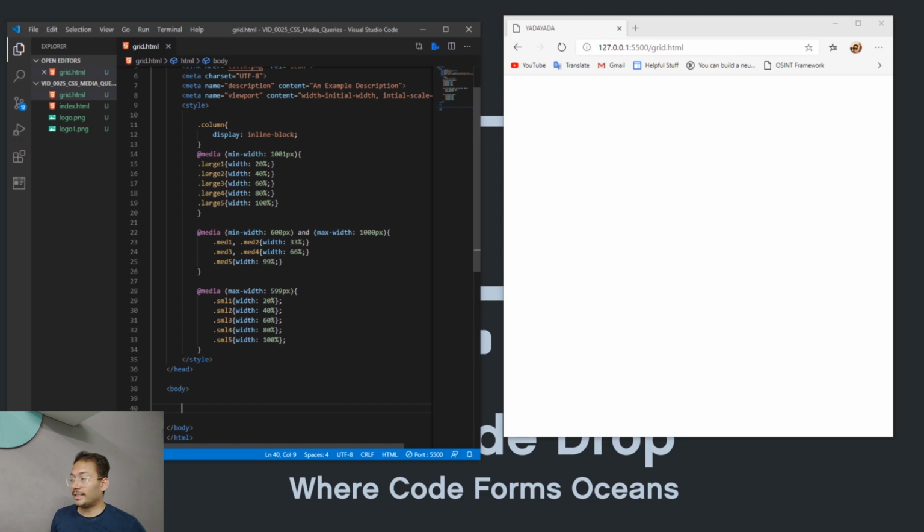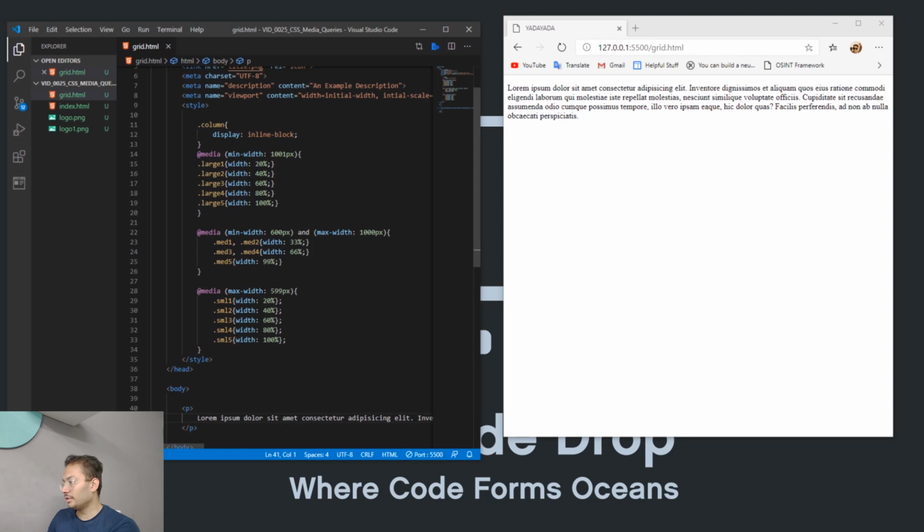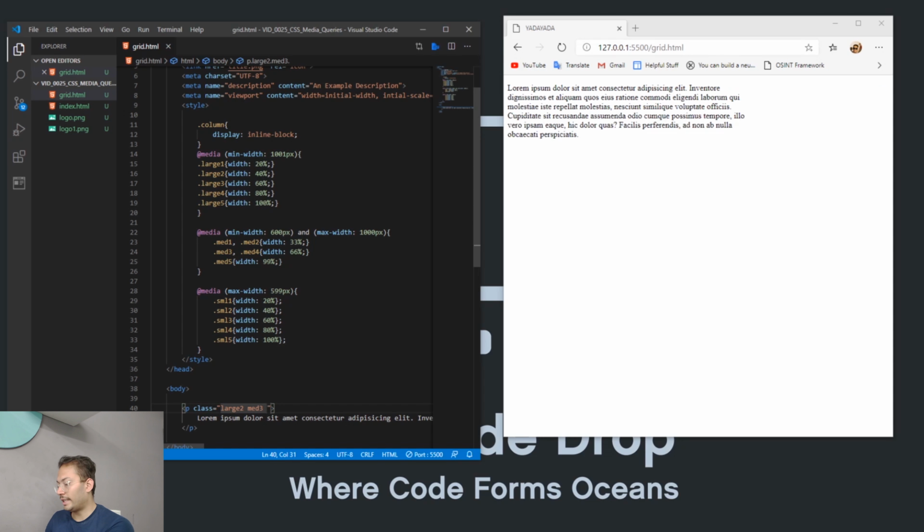Okay, so to see that in action, let's add a paragraph tag right in our body tag, and we'll again add the lorem ipsum thing here also. So lorem ipsum, and it's going to be for 50 words. Let's set it there. And what we're going to do is we'll change the background. Actually, we don't need to change anything here. So what we're going to do is we'll just add a class. So the class is going to be large 2, and then medium 3, and it's mid 3, and at last